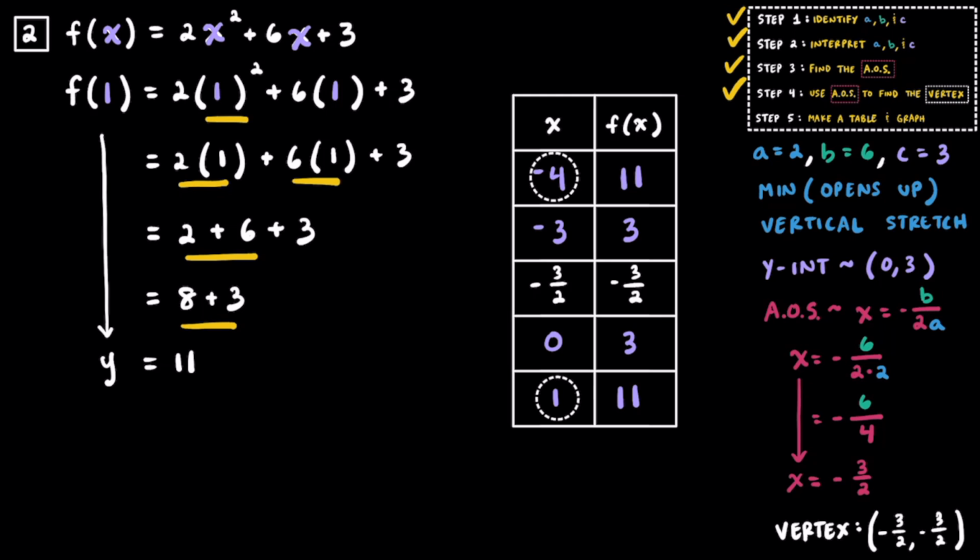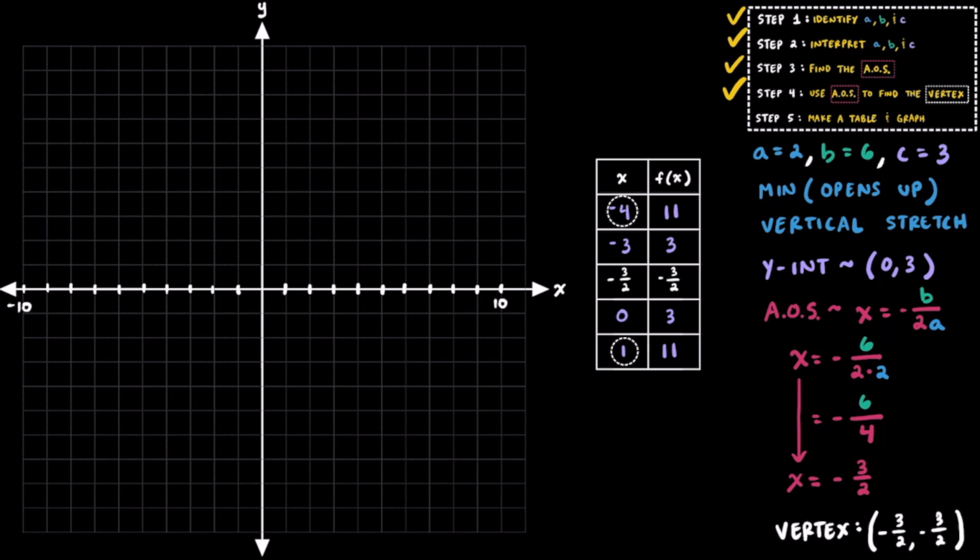Now that we have our 5 points, let's go ahead and sketch a graph. Our x values are pretty small, so I'll just go by 1s along the x-axis. But I'll skip by 2 along the y-axis so we can fit the y value of positive 11. Here's the AOS. Our vertex is negative 3 halves, comma negative 3 halves, so that's going to be right along the AOS, but it's going down 1.5, which is actually going to be